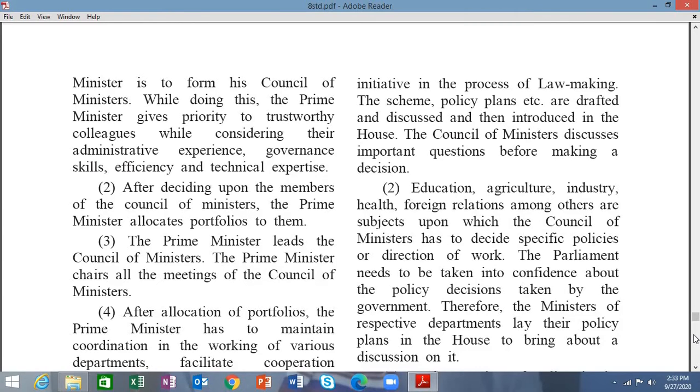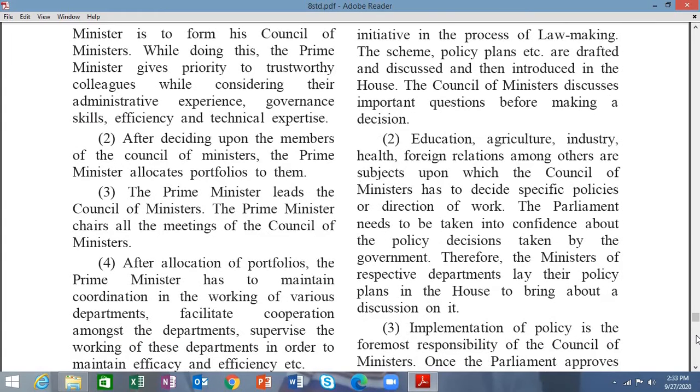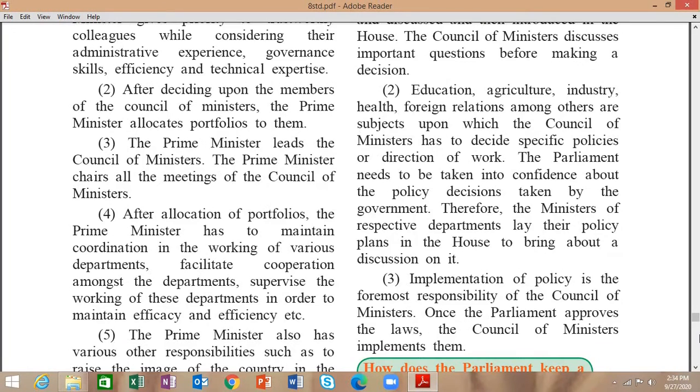Second thing, those related to education, agriculture, industry, health, foreign relation. The Council of Ministers has to decide specific policies on which directions they have to work, and the Parliament needs to take into confidence regarding that policies, and the minister of the respective departments lay their policy plan in the House to bring about